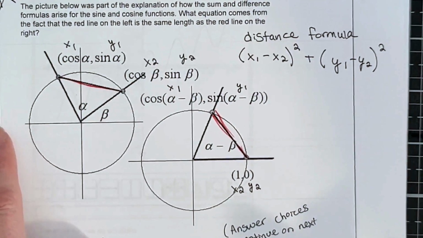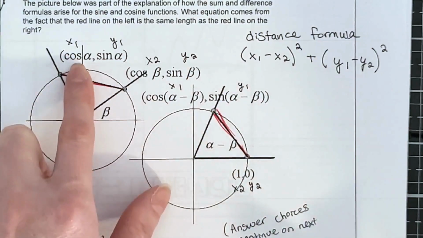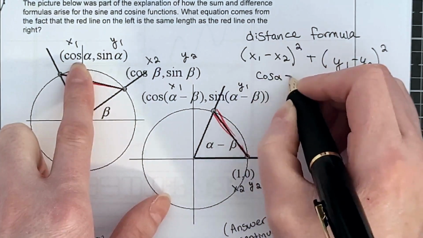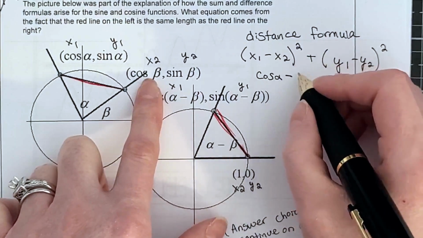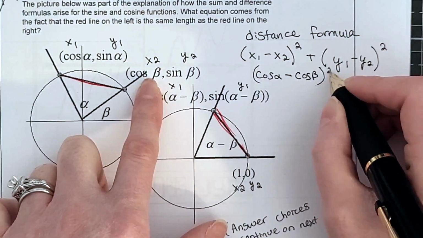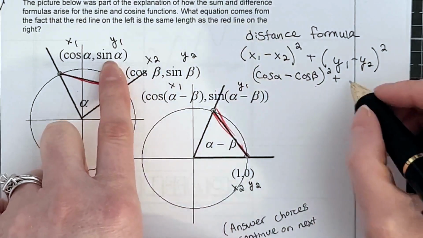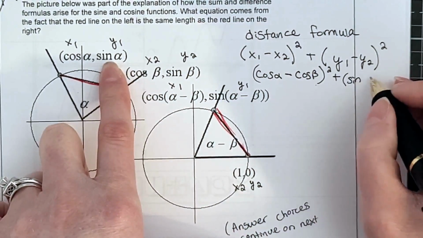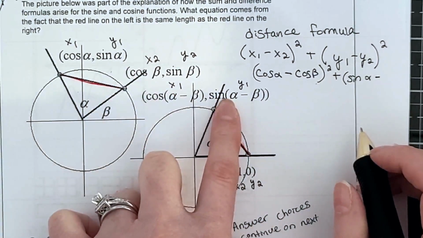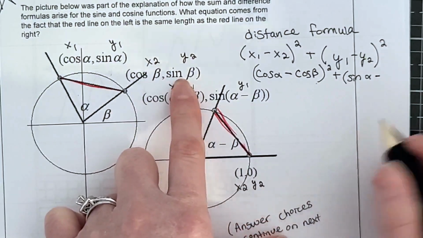Okay, so when I plug these in, my x1 would be cos of alpha minus cos of beta, and that whole thing would be squared, plus y1 would be sine of alpha minus, and then this one here would be right here, sine of beta,